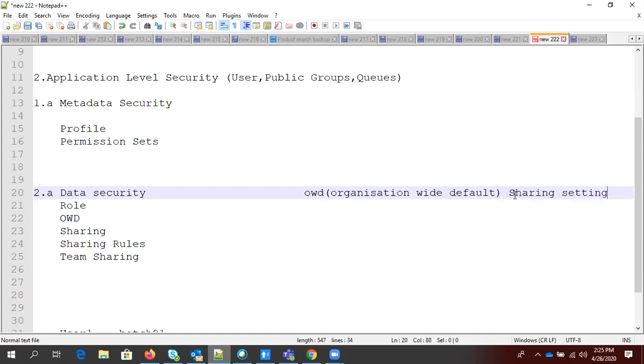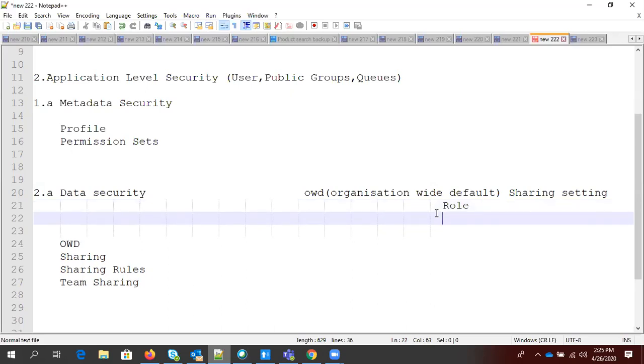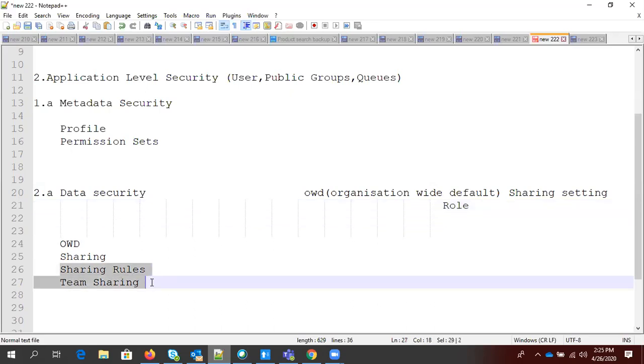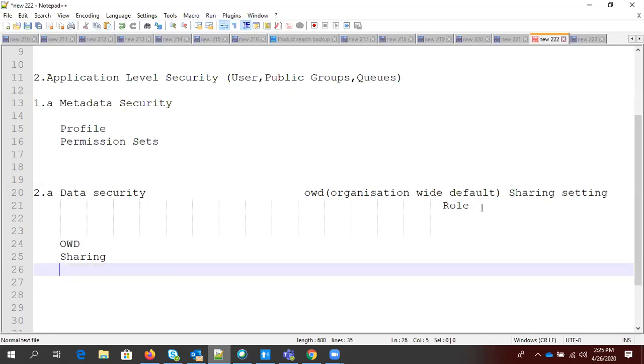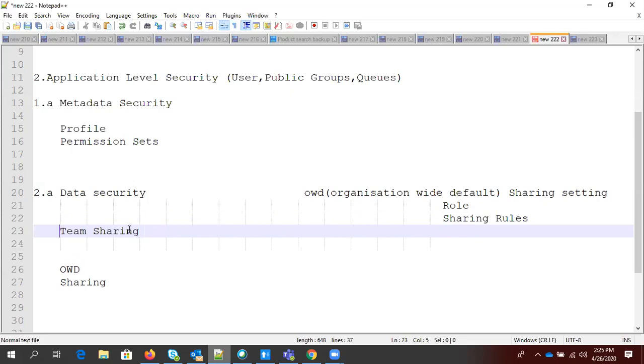This is the most restrictive thing we have in data security. If you want to give some extra access, then we can use roles. If you want to extend the access, you can give roles. If you want to extend more, then you can give sharing rules or team sharing.